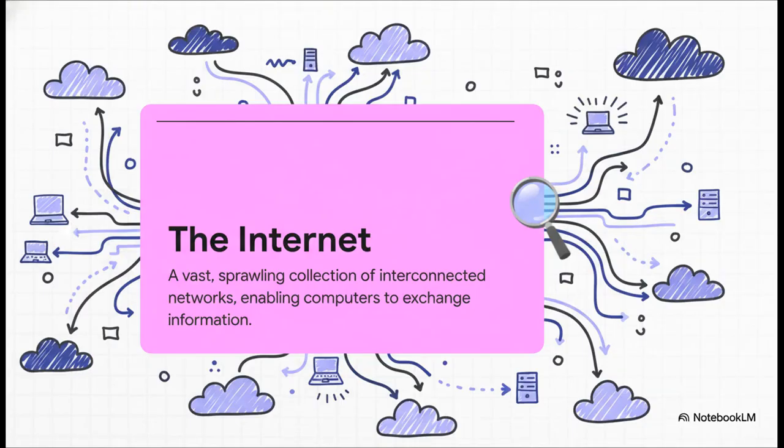At its very core, the best way to describe the internet is a network of networks. It's completely decentralized. That means there's no single point of control, no big red off switch for the whole thing. And that's exactly what makes it so incredibly resilient. Computers and networks can join or leave all the time without crashing the system, which is how it connects billions of us all across the globe.